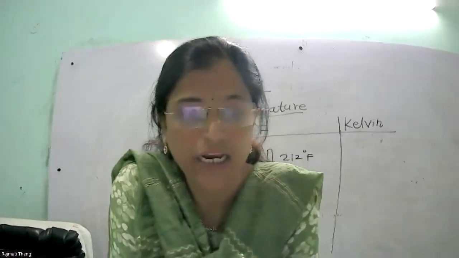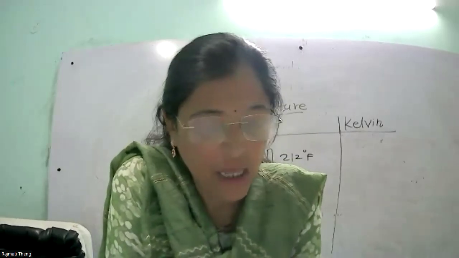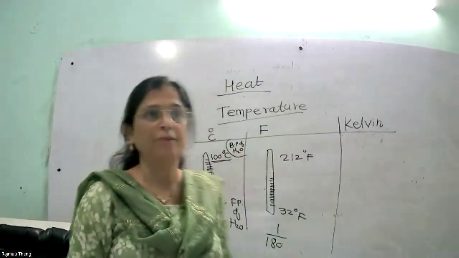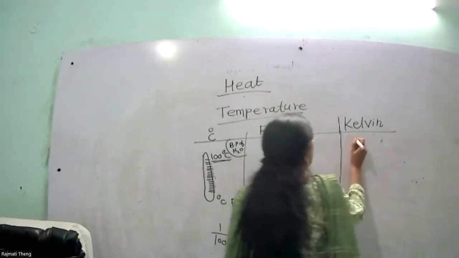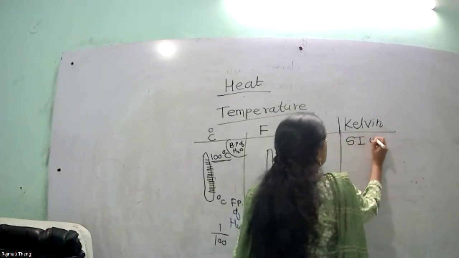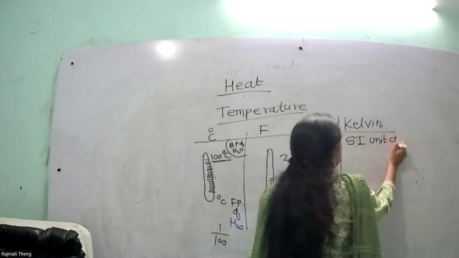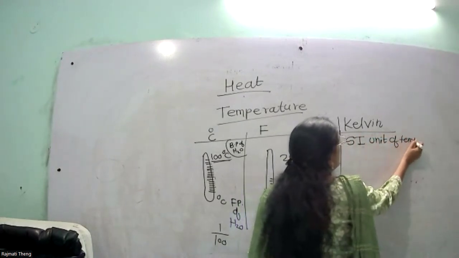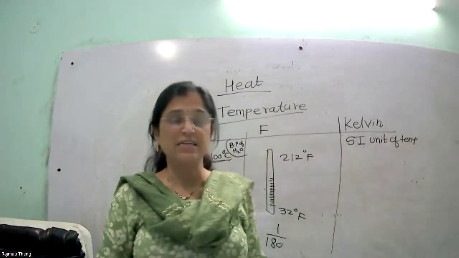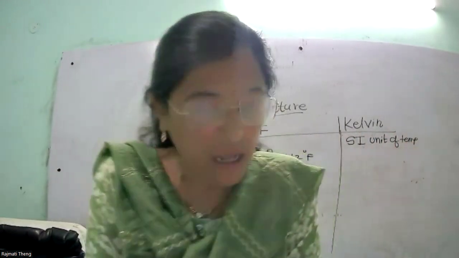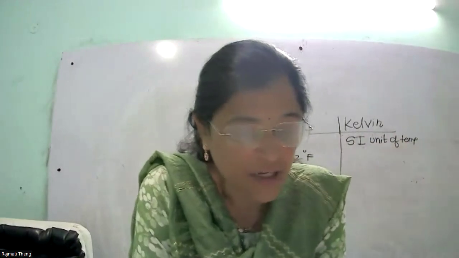Now the third scale, that is the Kelvin. It is the SI unit of temperature. Suppose in your exam there is a question, so it is the SI unit of temperature. क्या है? टेम्परेचर का SI यूनिट है केल्विन. नाउ इन दिस केल्विन,